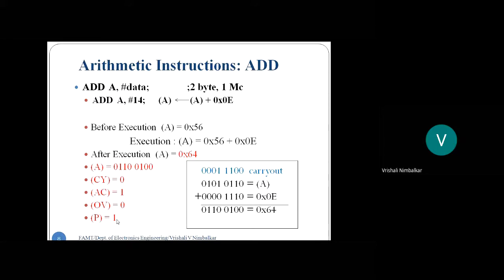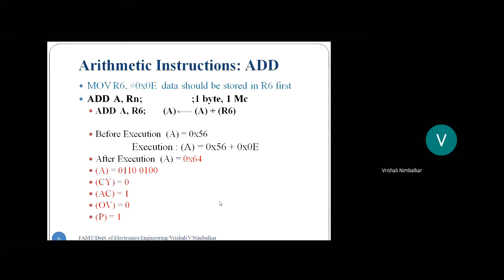Okay, students. So the microcontroller will take 56, add it with the data you have given, E hex. It will do the addition in binary and automatically set and clear the flags. There was an auxiliary carry. There was no carry from the 7th bit. There was no overflow and the parity is odd. So that was an immediate addressing mode instruction. ADD is going to affect the flags. That's how the flags are affected.